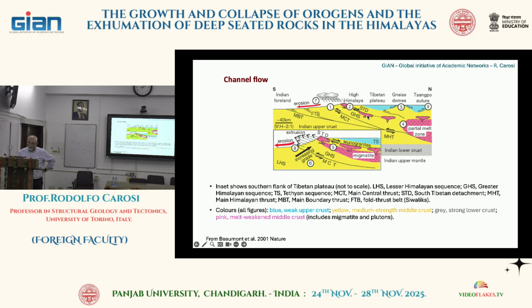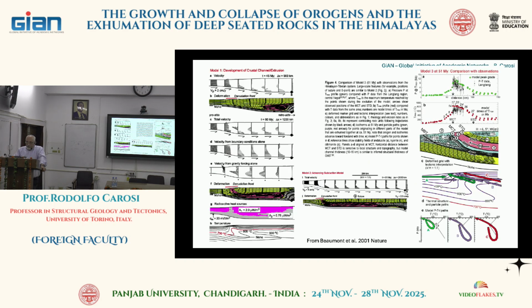The formation of granites, maybe in the upper part during the motion of a partial melt zone, the inverted metamorphic sequence along the Main Central Thrust, and the erosion that acts together with tectonics. And this model is based on several observations. For example, I took into account the velocity of the formation,